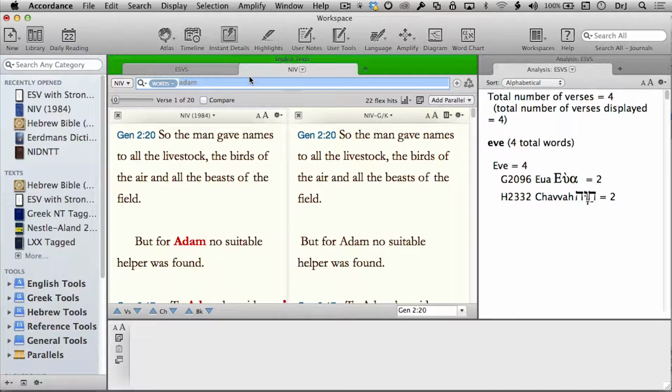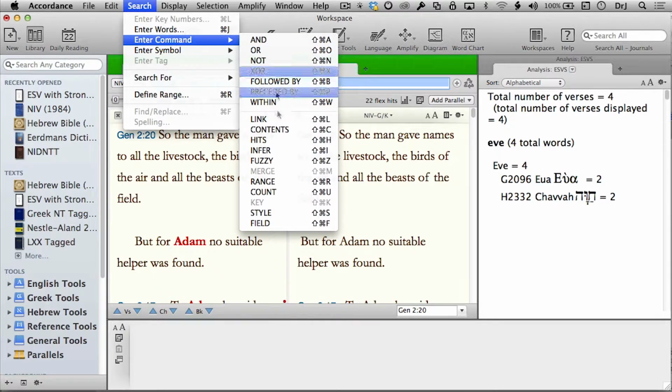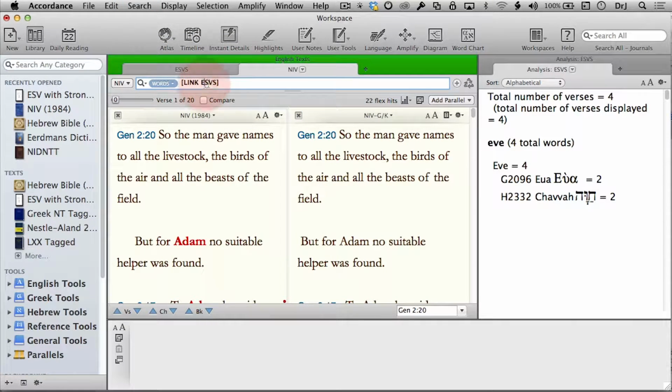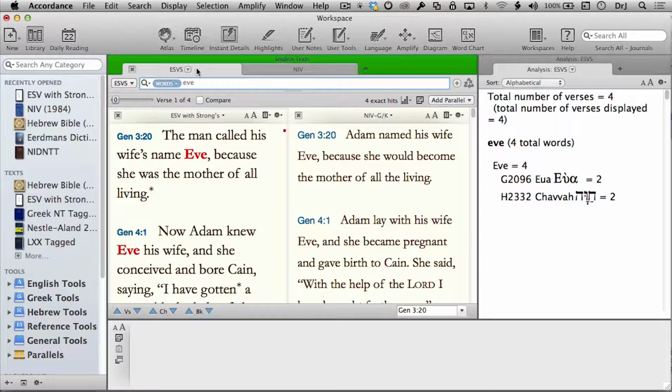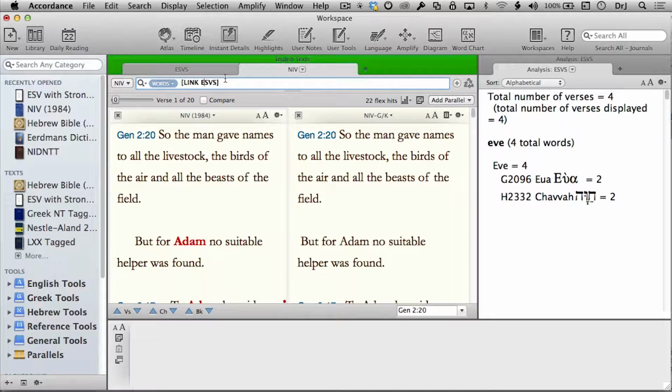Now, what the link command does, if I insert that, this will find it basically if it's obvious which other window you want to link to, it'll just go ahead and insert the right link. So notice it automatically said link ESVS because that's the only other linkable tab that I had open. If I have more than one linkable tab, then it'll give me a list and let me choose which one I want to link to. But what the link command does is it says, don't look for my search argument here, look for it over there in that other window. Okay? And so now if I hit return,